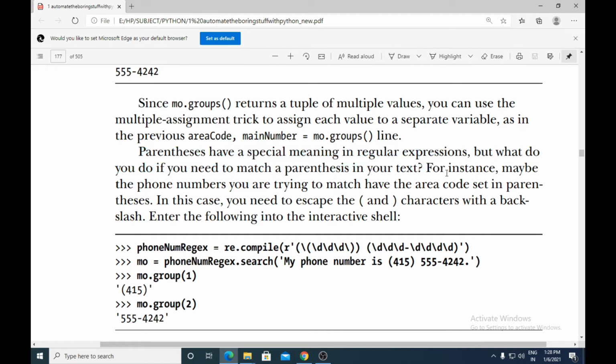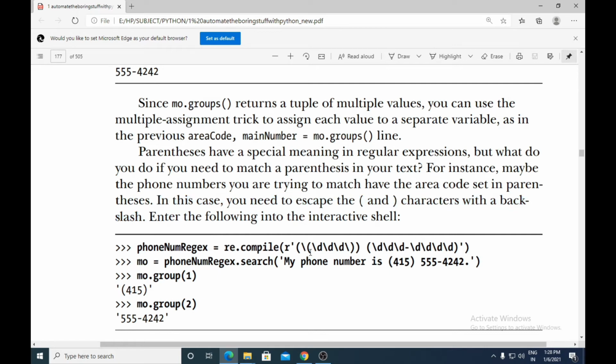Okay, so what they're saying is, for instance, maybe the phone numbers you're trying to match have the area code set in parentheses. What if the area code itself has parentheses in the pattern? So that time what to do? That time you'll have to use the escape. In this case, you need to escape these parenthesis characters with a backslash.